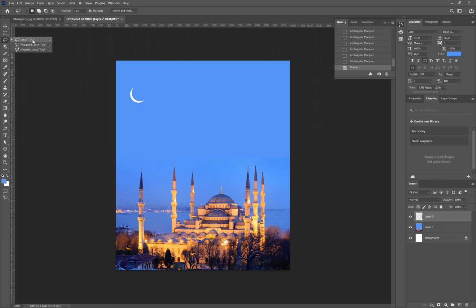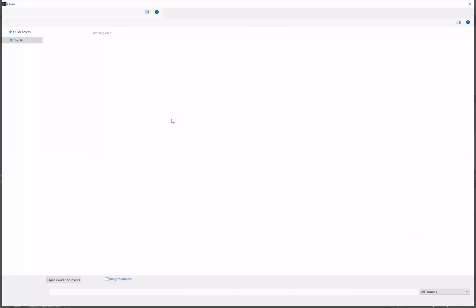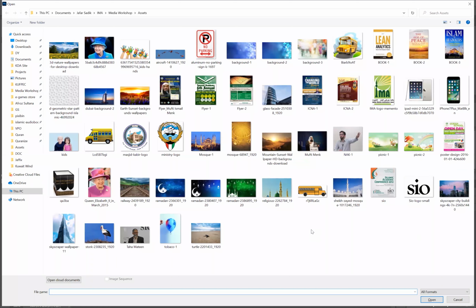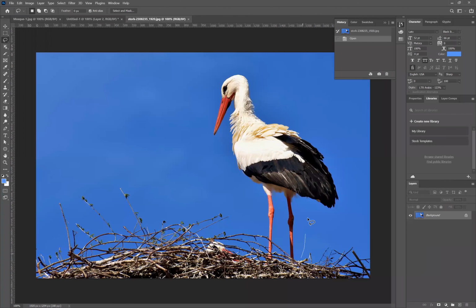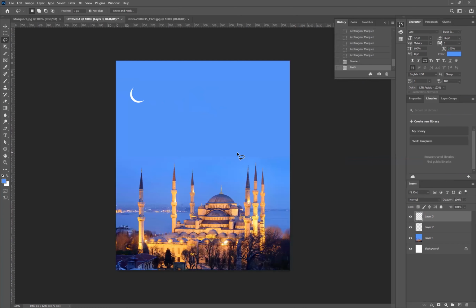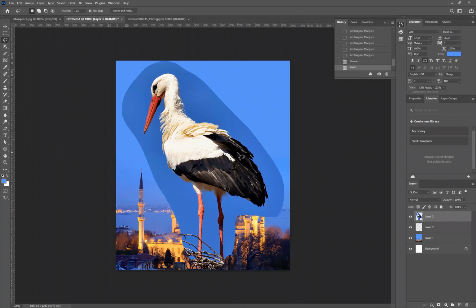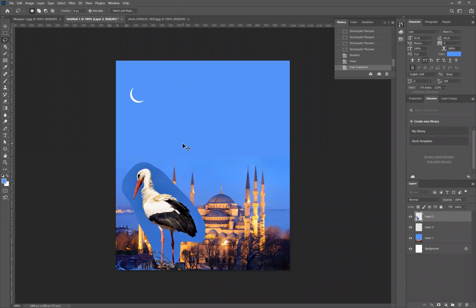Similarly, with the help of the lasso tool, you can select one object with freehand. To explain it with an example, I will make this bird selection like this. This is freehand. I will copy, Control C is for copy. I will go to my file, Control V for paste. The bird with the freehand selection, whatever I did, it came here.